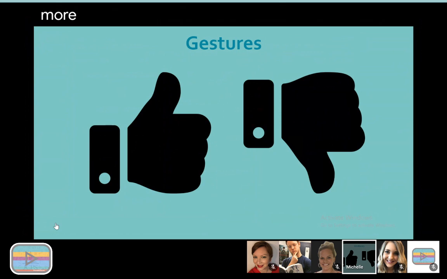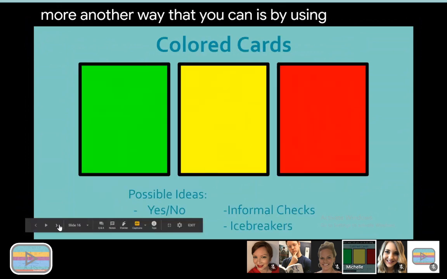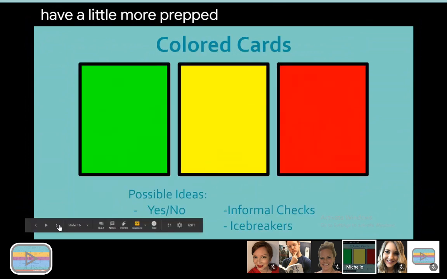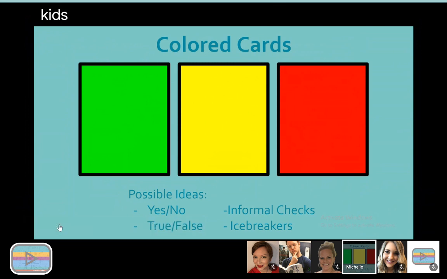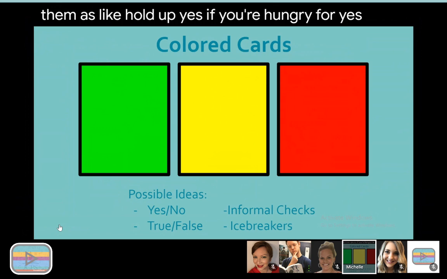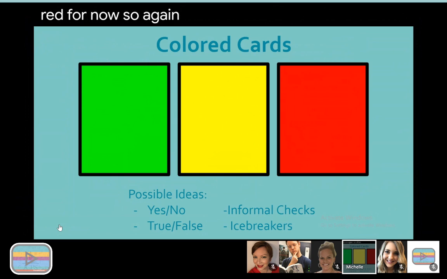Another way that you can is by using, this will have a little more prep to it, but if you could have the kids create colored cards. So we just said green, yellow, red. And there's tons and tons of ideas that you can use this for, where you can use them as hold up green for yes, and red for no. So again, another non-threatening way for students to interact